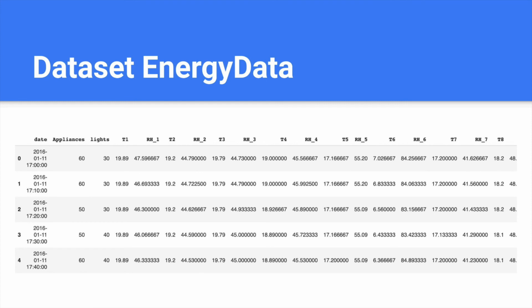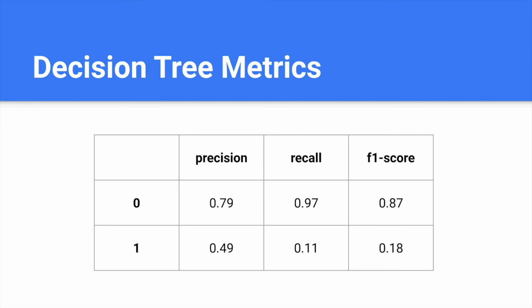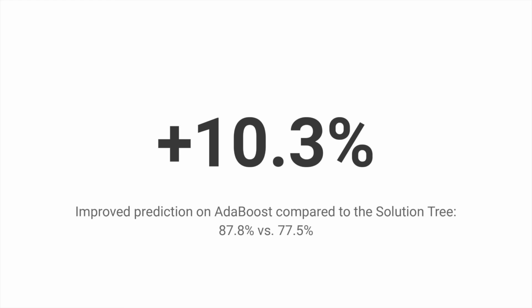After preparing the dataset, we will review the distribution of electricity use. We see that the average value is 100 units, which is why we will divide our dataset into two parts: low, up to 100, and high consumption, more than 100. Classification will take place on 25 parameters, and the type of consumption will be defined. We see that the prediction is more accurate, which means that AdaBoost is appropriate and profitable to use in this case. In general, the improvement is more than 10%, which is a very good result.